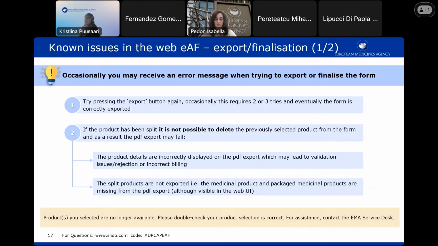EMA service desk cannot really help you in this case. If the product has been split, it has been removed. There isn't any magic tricks that we can do on the back end to remove these products from the application form. So in those cases, again, we would strongly recommend to create a new form from scratch. Of course, if you have